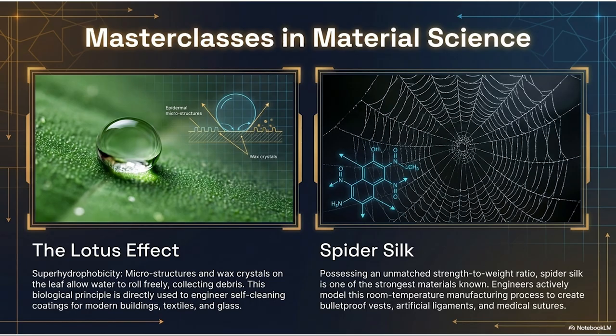But here is the insight that really hits home for me from the notes. Look at how humans currently make strong materials like steel. It is a violently abusive process. We have to rip massive craters in the earth to mine iron ore. We have to transport it across the globe. We build massive, intensely hot blast furnaces, burning thousands of tons of coal and fossil fuels, spewing smoke and carbon into the atmosphere just to heat metal to 3,000 degrees so we can pour it. That's awful. It's an incredibly energy-intensive, highly polluting process. A brute force approach to engineering.